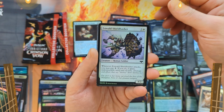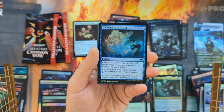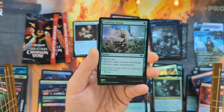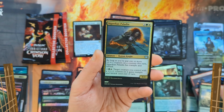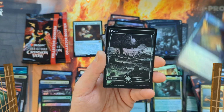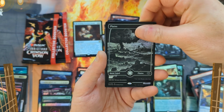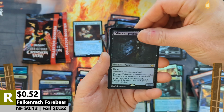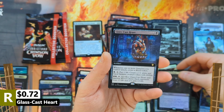So we've got ourselves an Estwald Shield Basher with an Alchemist Revival. Then we've got the Abrade, followed by a Crushing Canopy. Then we're going to see a Sigarda Paladin with a Soul Cipher board. Then we're going to see the Plains. Love that art. Then we've got a Falconwrath Forebearer coming in as our main set rare with a Glass Cast